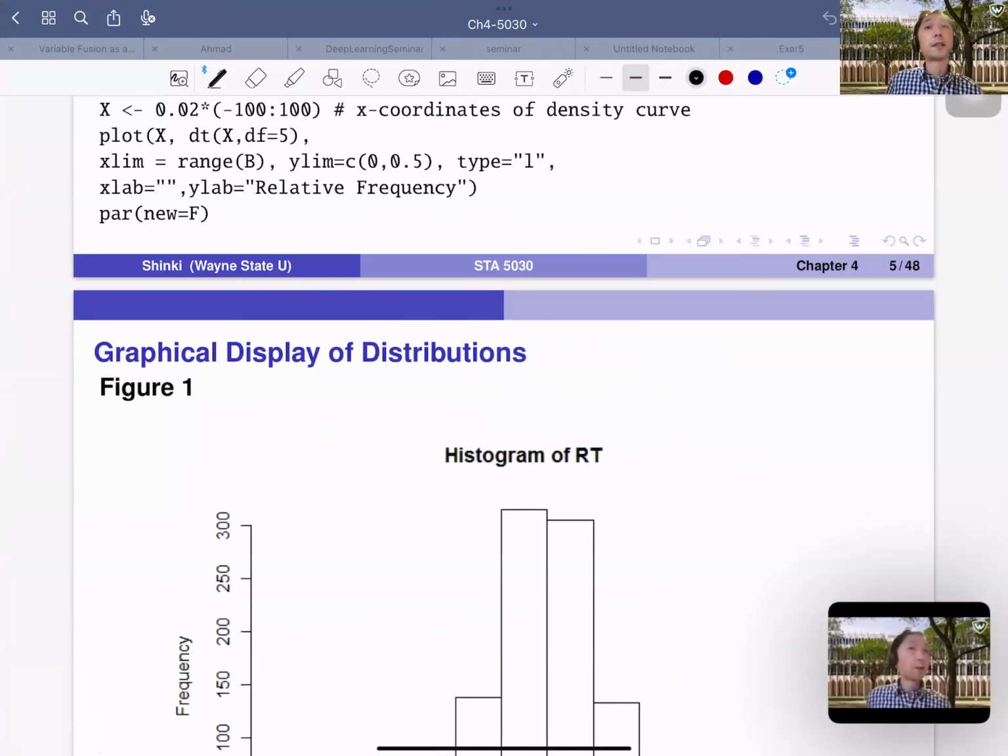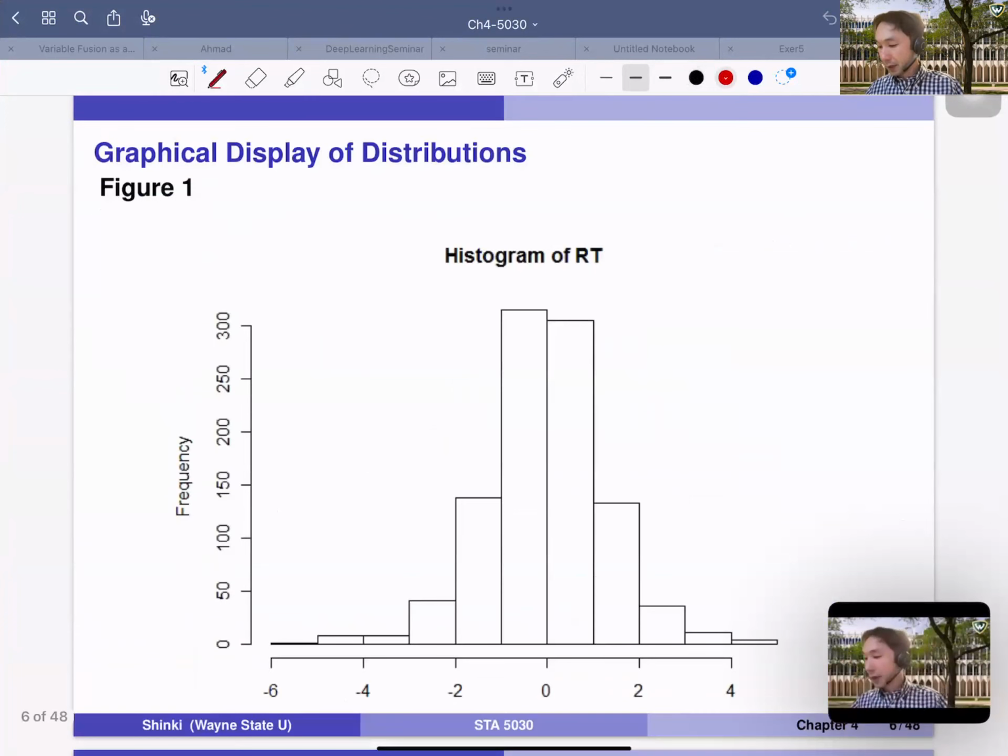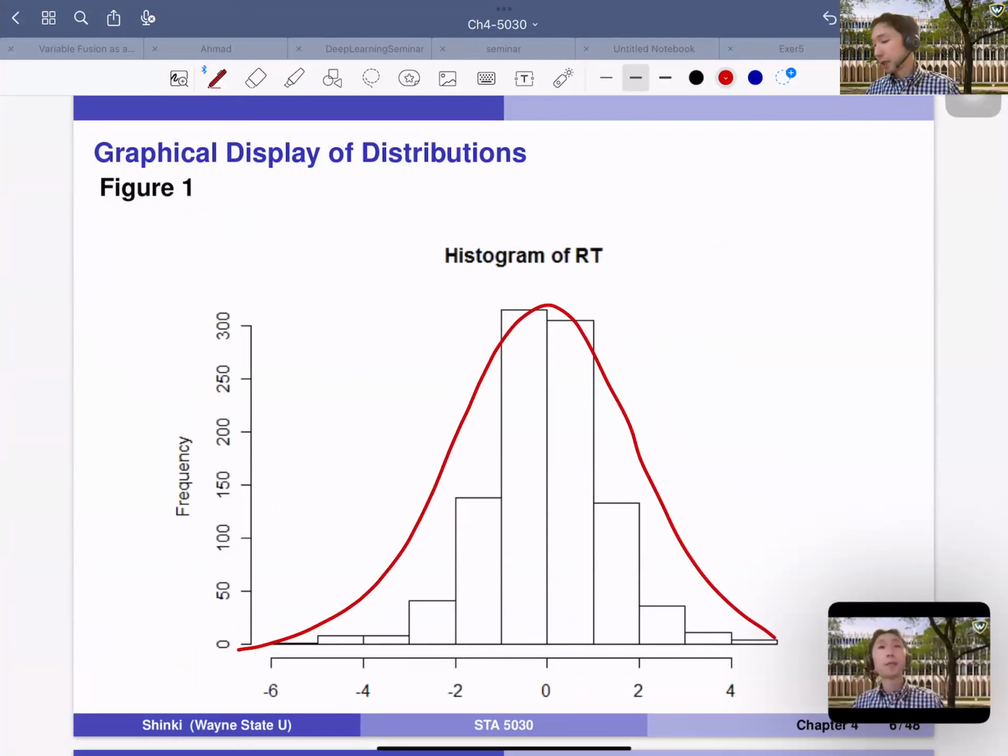Last time we studied the PDF and the histogram. So histogram corresponds to PDF. The PDF is like this. The red one is the PDF, and we have the empirical version of the PDF. That is the histogram. So PDF is the theoretical distribution, which